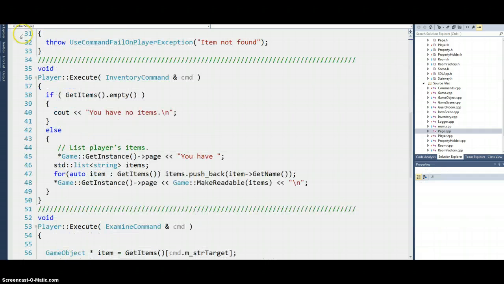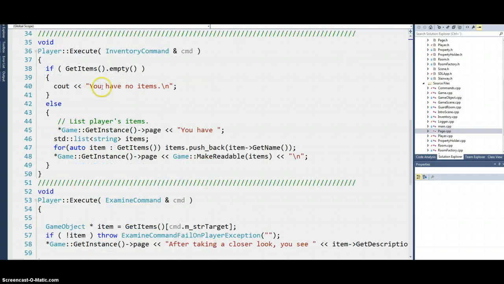There's an example in the player class. It gets the instance, the game instance, but the game class is inherited by the SDL app class. So it uses that object to get the stuff you need to output.